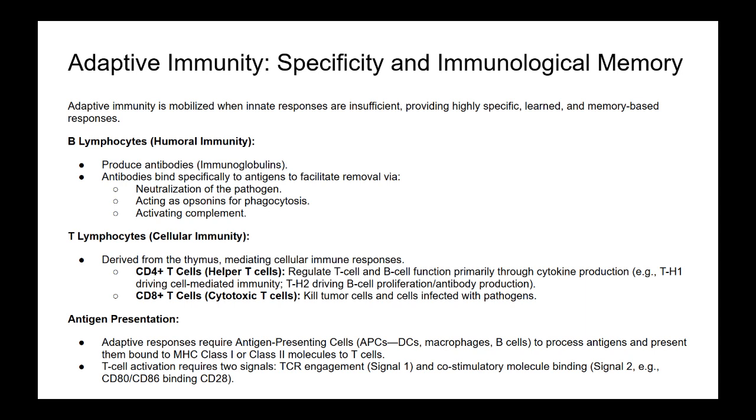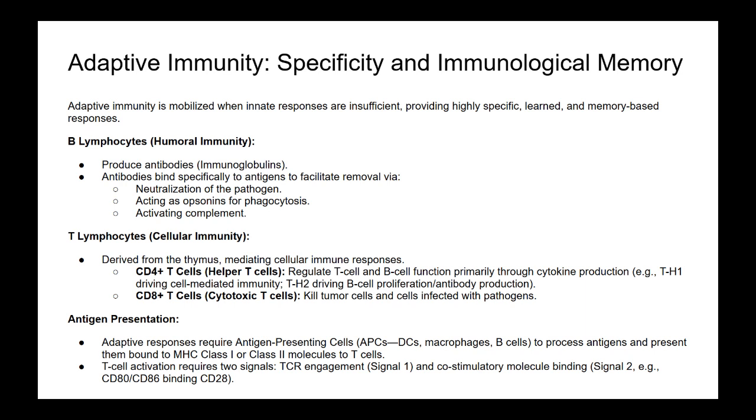It provides highly specific, learned, and memory-based responses that enhance the body's ability to fight pathogens. One component of adaptive immunity involves B lymphocytes, also known as B cells, which play a crucial role in humoral immunity. These cells produce antibodies, also called immunoglobulins, which are specialized proteins that recognize and bind to specific antigens on pathogens. The binding of antibodies to antigens facilitates the removal of the pathogens from the body. This can occur through different mechanisms. Antibodies may neutralize the pathogen directly, act as opsonins to promote phagocytosis by immune cells, or activate the complement system